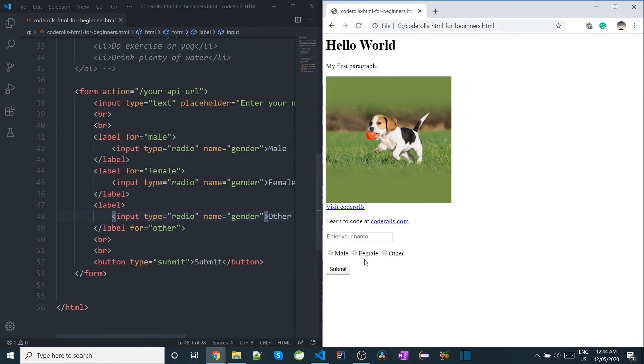That's it. This is how we can add a set of radio buttons. When I selected the male, only one is selected. Now I will like to select the female. So male automatically got deselected, and it is because of the group name that we have given. You can see all three radio buttons have the same group name, and when you select finally the other, the female will be deselected automatically. And this is how it works, so that you can choose only one answer out of three options.